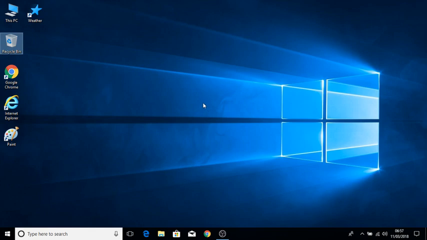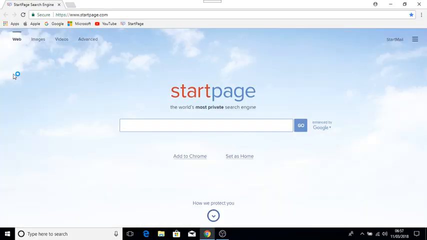Now, if I just run Google Chrome on the desktop over here, I'll just double click the Google Chrome icon here and launch that. And as you can see, I've got a start page as my home page, and at the top bar here I've got all my bookmarks. So I've got Apple, Google, Microsoft, YouTube and start page as my bookmarks across the top here. Now if I just close off the window over here,